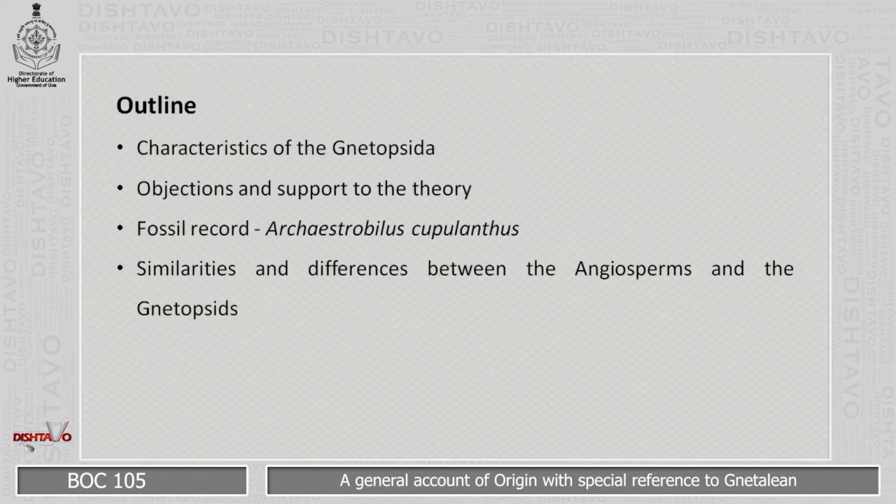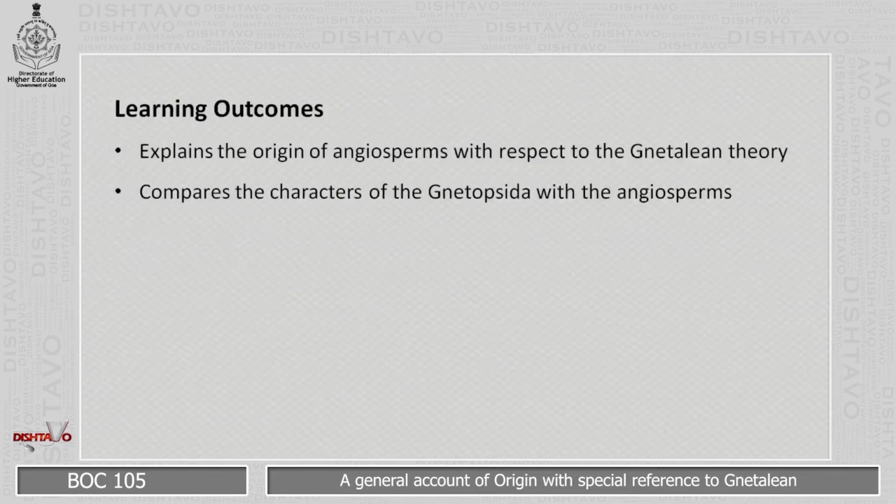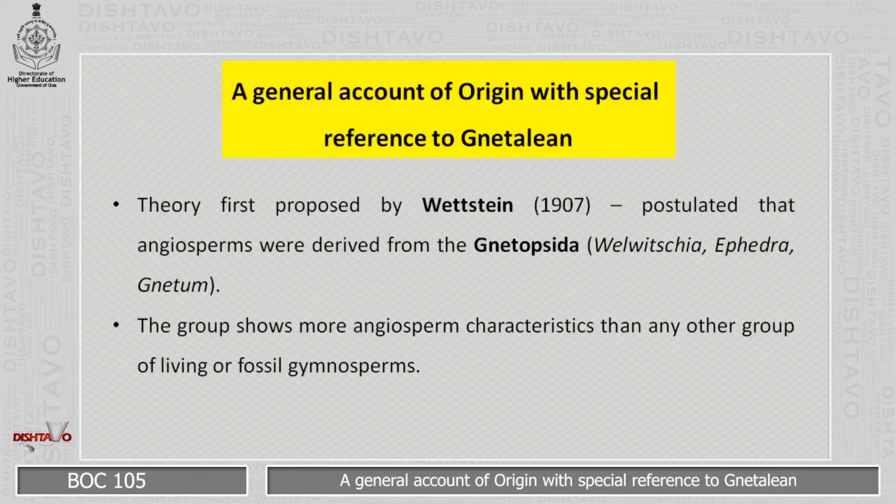The outline of this module includes the characteristics of the Gnetopsida, objections and support to the theory, the fossil record, that is Archaeostrobilus and Cupulanthus, and similarities and differences between the angiosperms and the gnetopsids. The learning outcomes: explain the origin of angiosperms with respect to the Gnetalian theory, and compare the characters of the Gnetopsida with the angiosperms. Now let us study the Gnetalian theory that has been put forth to study the origin and the